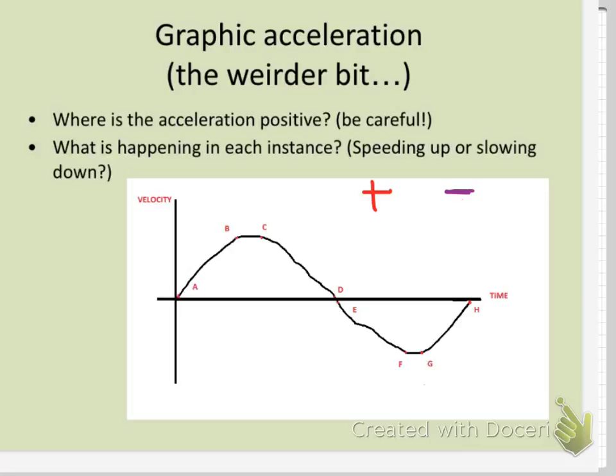Okay, so I'm hearing some good conversation. I'm hearing some people trying to give compelling arguments to convince their fellows of how right they are. So I think everybody can agree that from A to B, we are looking at positive acceleration, yes? Nobody disagrees with that. And this little chunk here, I'll make it some other color, is zero. You all get that. It's easy to pick out the zeros here. We can put the zeros in there. Now here's the part that gets a little bit weirder.